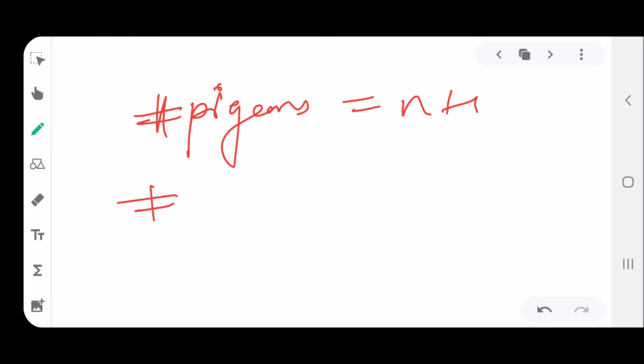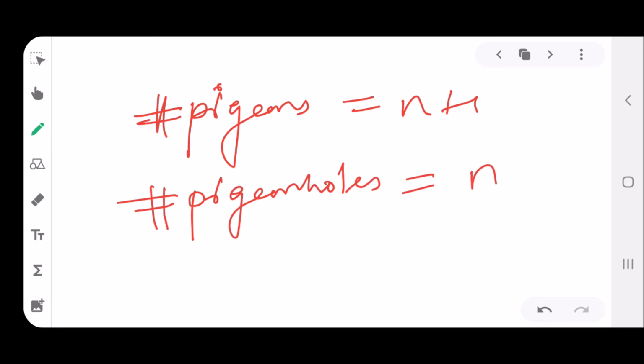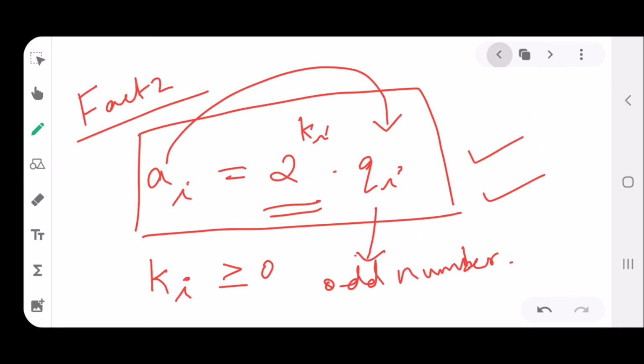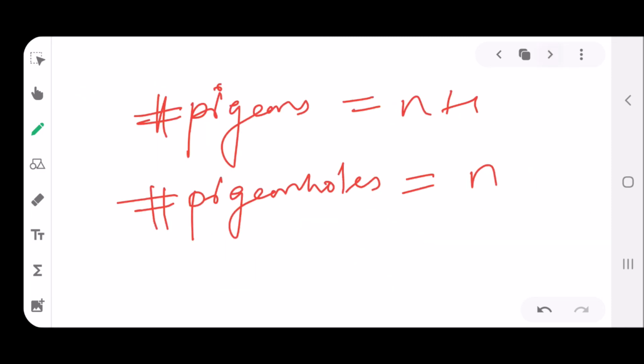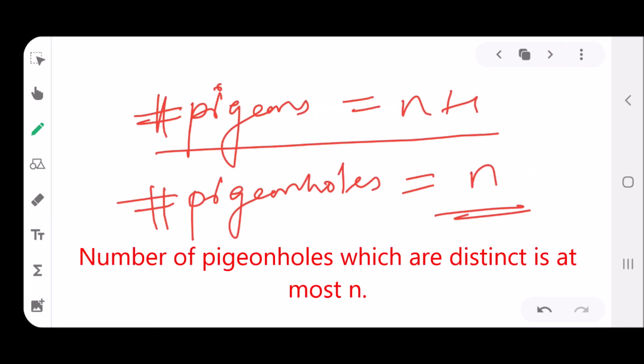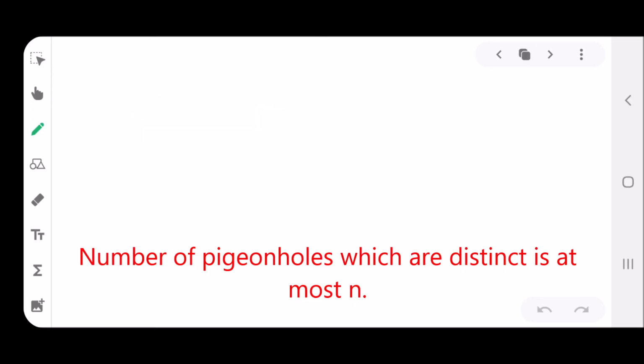The number of pigeons is n+1, and the number of pigeonholes can be at maximum n because of our fact 1. So there are n+1 pigeons mapping to n pigeonholes, so we can apply the pigeonhole principle, which implies that